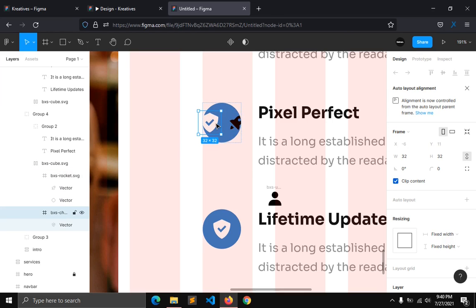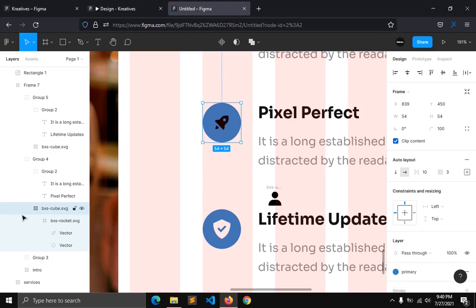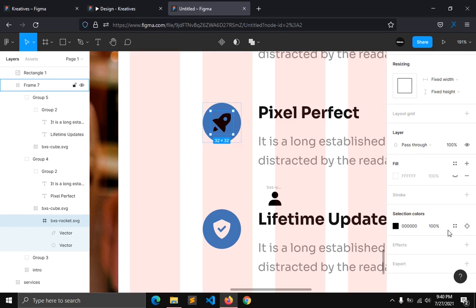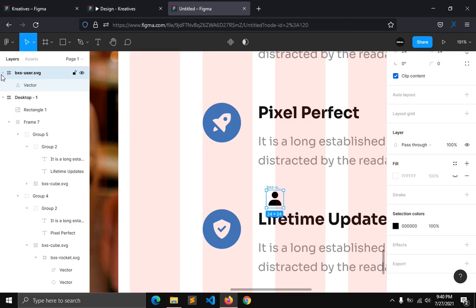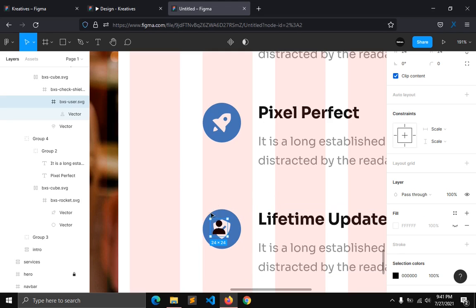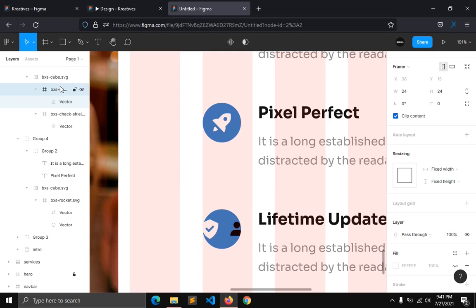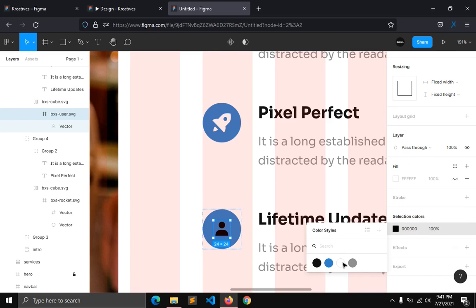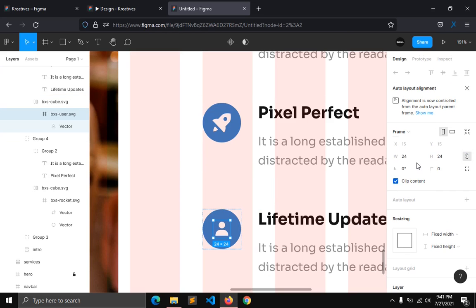So I'm gonna delete the first one, and I'm going to change the width to 32. The color is going to be white. Again, I'm gonna select this icon. I'm gonna drag it inside this icon box. It will be in this, and I'm gonna delete the other one, the first one, and the color is going to be white. The width is going to be 32. Okay,